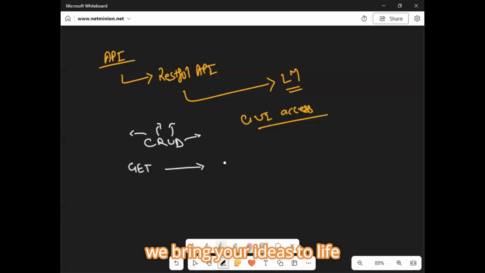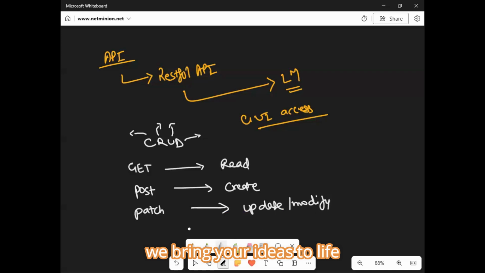So if you want to read something, you will use a method named get. Similarly, if you want to create something, you will use the method post. Guys, yes or no? In Python, I talked about it. Yes, right. So similarly, patch: you can update or modify something, or you can replace something using put also. Then delete is used for delete.